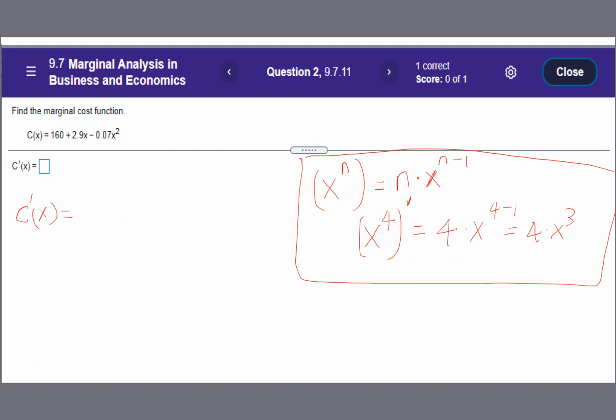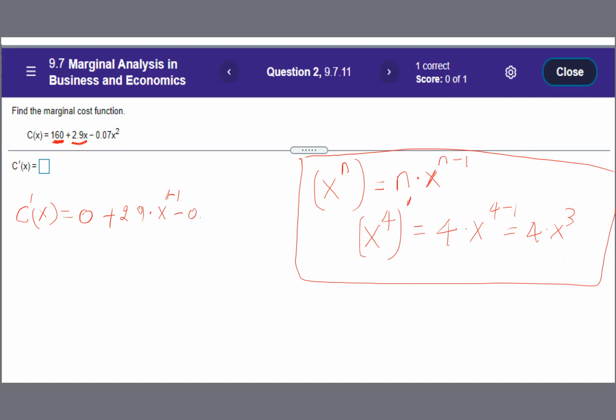The first term is a constant, and the derivative of a constant is 0, plus the derivative of the second term, which is 2.9 times x. So that is 2.9 times x to the 1 minus 1